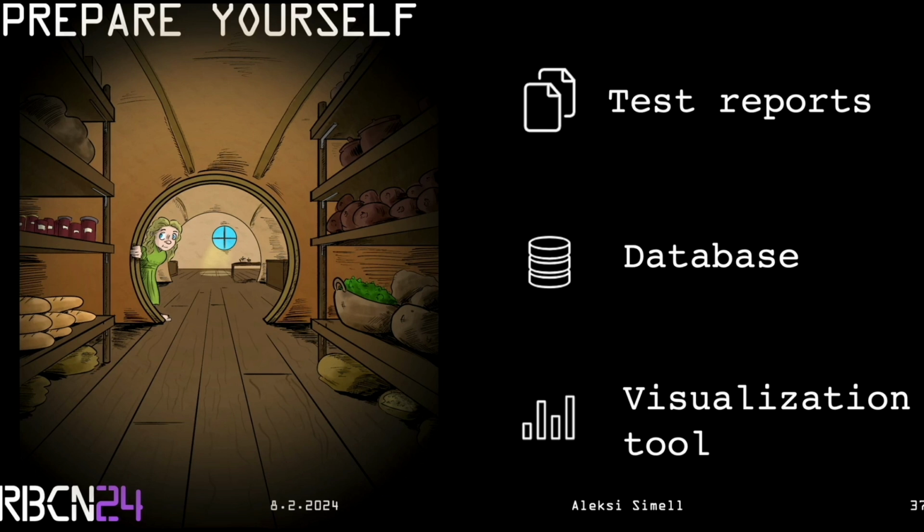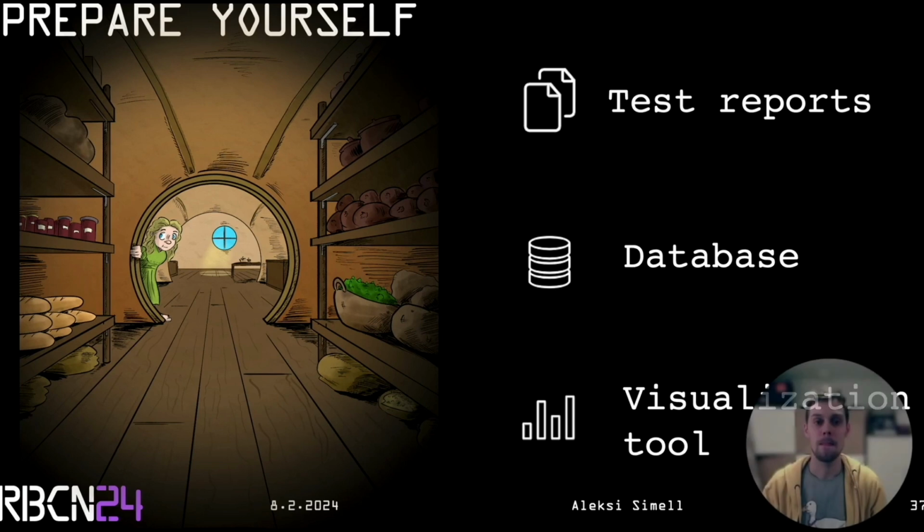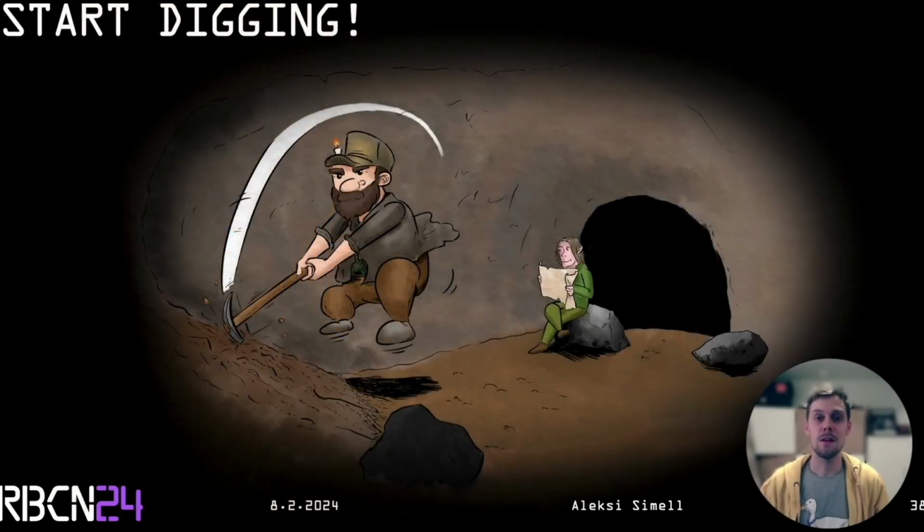And start visualizing. There is a good chance that you won't even realize what data is relevant until you face an issue, and then you understand why some data is relevant. And then start digging. Channel your inner dwarf and take a deep look into your output XML file, because that's where the raw data is.